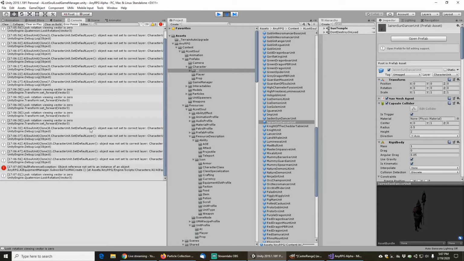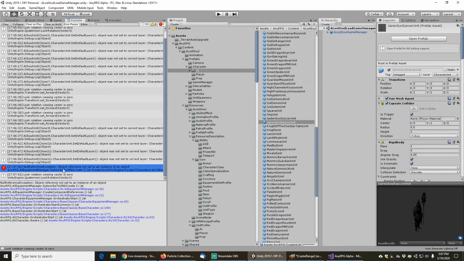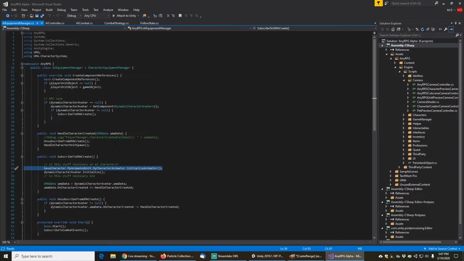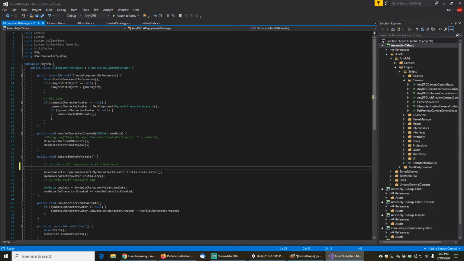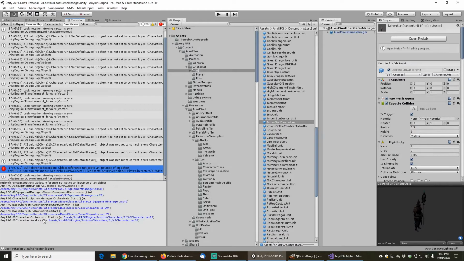Okay, so we do see that issue again. Alright, so let's just see what that is. Object reference not set to an instance of an object. Okay, so let's just check the stack trace on that. This might have been as a result of another fix that I did, and it only applies to UMA AI